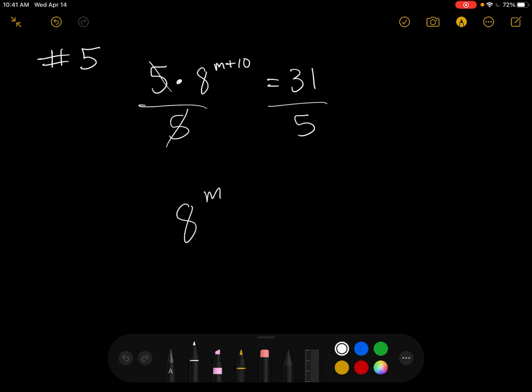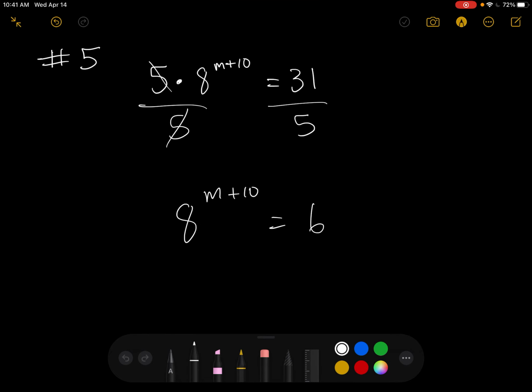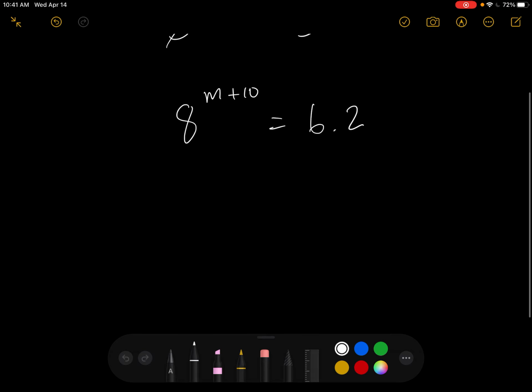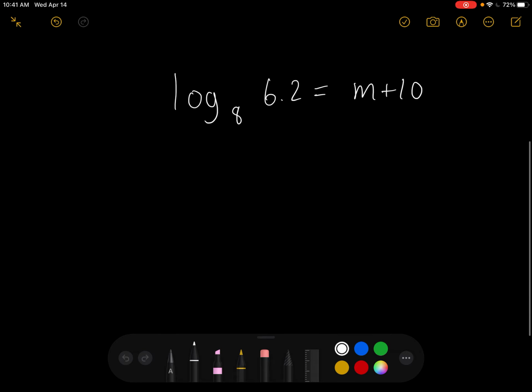8 raised to the power m plus 10 is equal to, I'm going to go to my calculator, 31 divided by 5 is not a whole number. 31 divided by 5 is 6.2. I'm going to change it to logarithm form, which is log base b, which is 8, of a, which is 6.2, is equal to m plus 10. Right? So once you learn the exponential and logarithm form, you should be able to go through this. If you didn't know how to do it, pause the video and do it real quick and you'll get this,